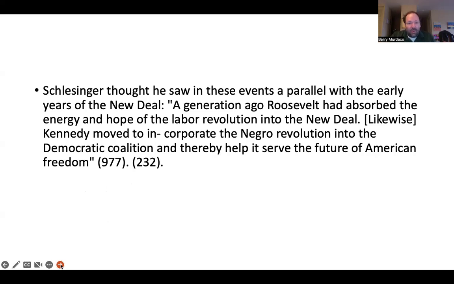Arthur Schlesinger, who was a famous historian, thought he saw in these events a parallel with the early years of the New Deal. A generation ago, Roosevelt had absorbed the energy and hope of the labor revolution into the New Deal. Likewise, Kennedy moved to incorporate the Negro Revolution into the Democratic coalition, thereby helping to serve the future of American freedom. So maybe revealing more than he intends to, but basically showing how political elites play a role in diffusing and neutralizing, in some ways, the radical energy of